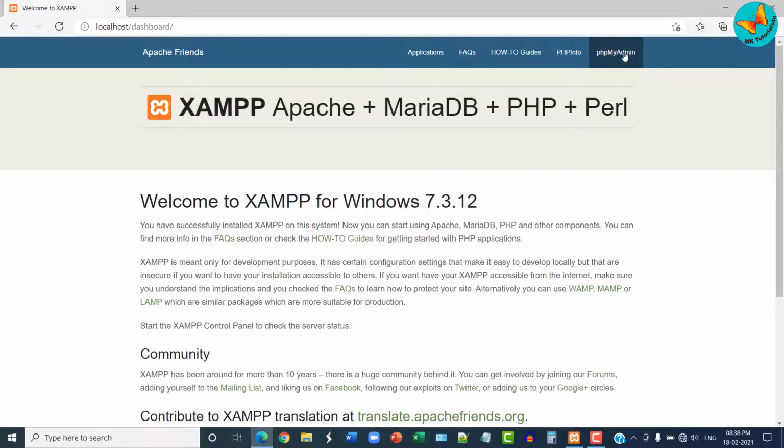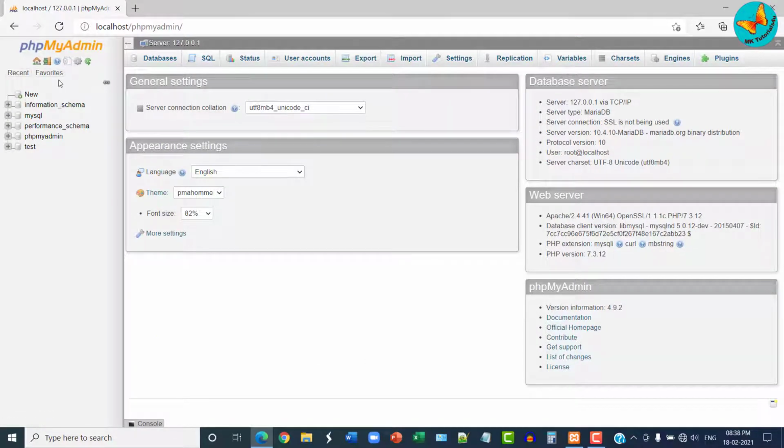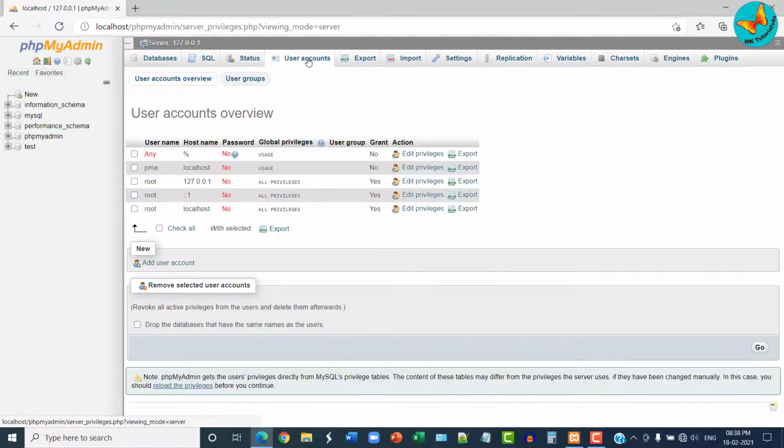So see here is my phpMyAdmin. Click on this, and here on the left side you can see the default databases present within phpMyAdmin. Let me first show you how many users are there within this phpMyAdmin. By default root is the user and it does not have any password, hence I could enter easily, and this root user has all the privileges such as create table, alter table, delete table, update table, and insert the data within the table.